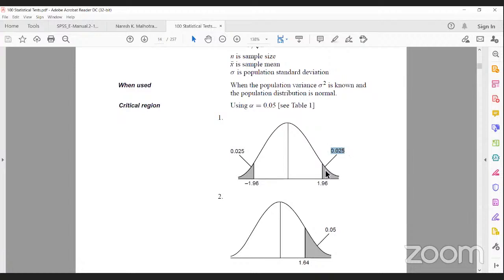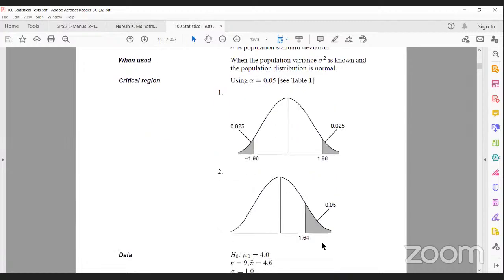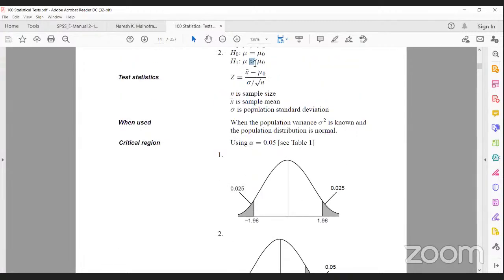Those samples, those decisions that fall under this region, we are rejecting the hypothesis. If you are learning the normal distribution, based on the normal distribution only, we try to conclude our things. How the critical region is defined: if you see here, mu is greater than some point in the population,